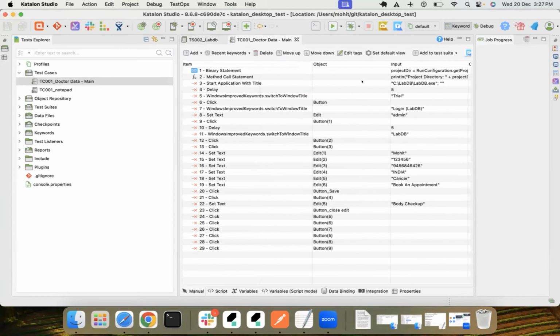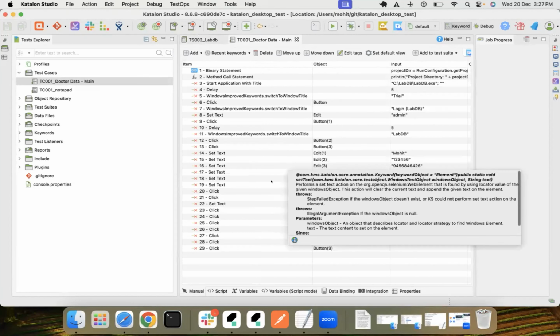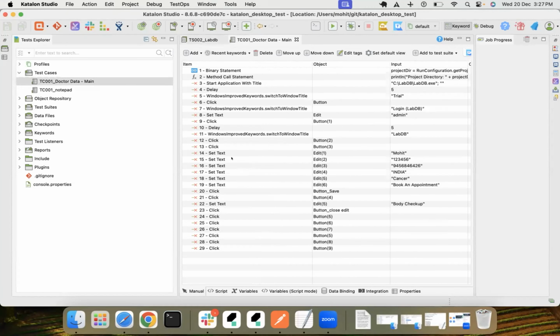This one is opening my application which is inside the C drive, LabDB, and labdb.txt, and this path belongs to my Windows operating system, and here I'm doing some actions on the same application. So if I want to trigger this test case from the Mac so that execution can happen on Windows,